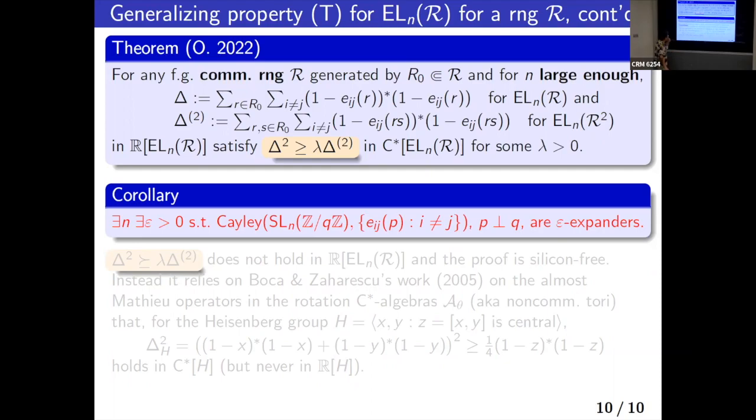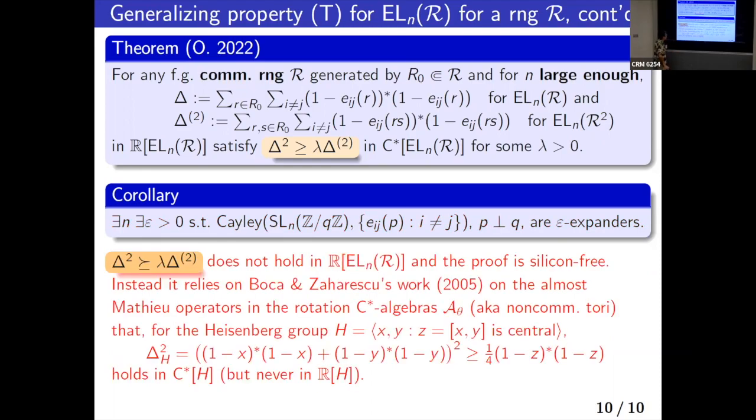Finally, I talk a little bit about the proof. So this sum of squares method doesn't work in this case, and my proof is silicon free. Anyway, I can't use code. I don't write codes, etc. Instead, I relied on Bekka and Zaharevsky's work on the analysis. It appears in math physics, the almost Mathieu operators on the rotation algebra, and they studied in detail the spectrum of it, which results in